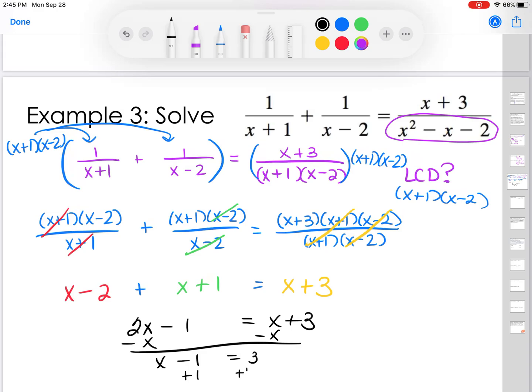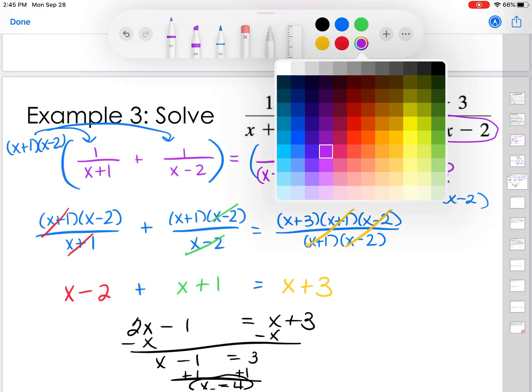And when I add 1, I'll get x is equal to 4. Hopefully that shows up on your screen. So we want to just double check that this does in fact work. We should always check our answers. Hopefully x is equal to 4 is the correct answer, but we always want to check by going back and